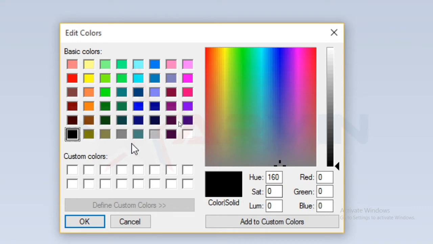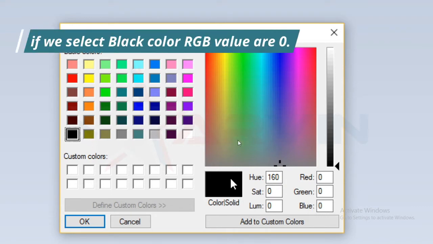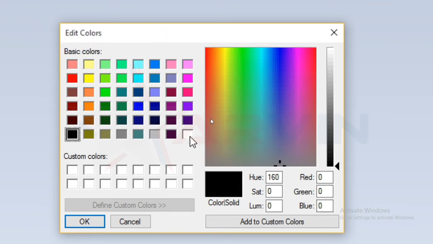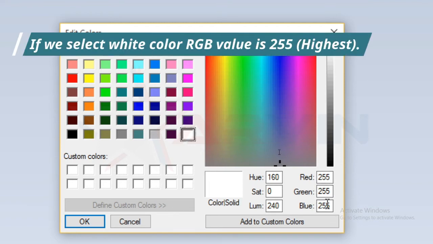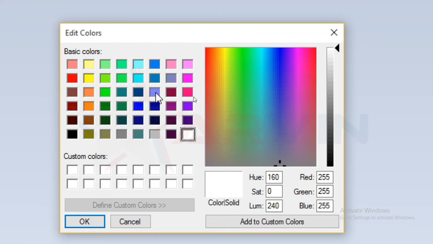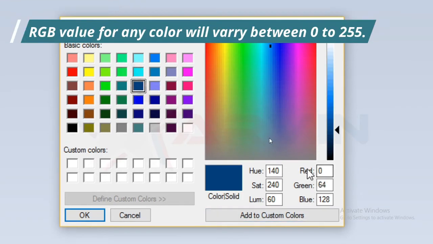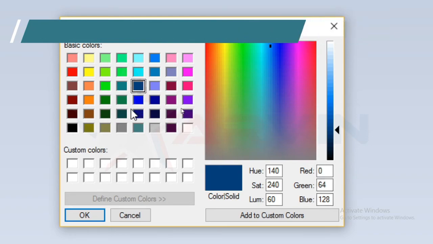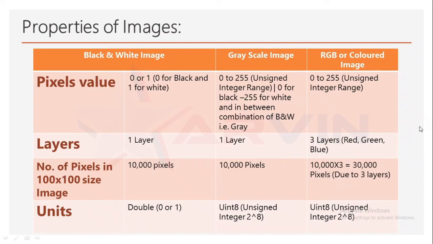By default we select black color. You can see red, green and blue are all 0. If we select white color, the RGB values are 255, that is the highest. You can select any color and see the values of R, G and B vary between 0 and 255.